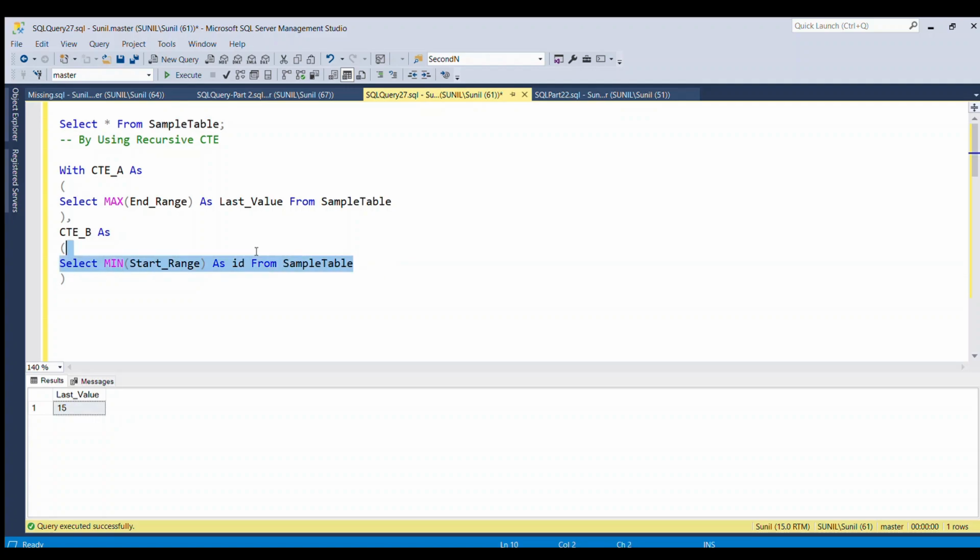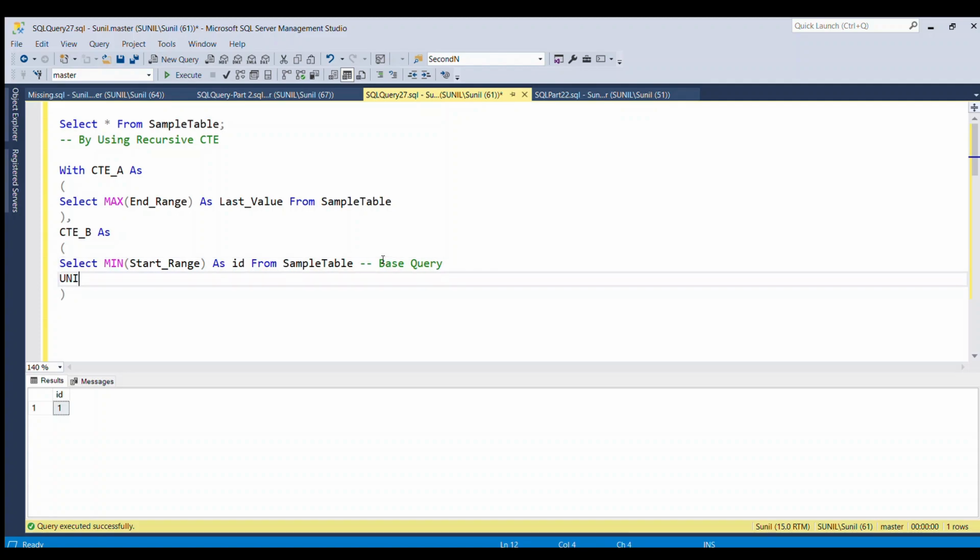If you run this part, you will come to know that the minimum value of the start range column is 1. So this will serve as our starting point, and this query will serve as our base query because this is a recursive CTE.